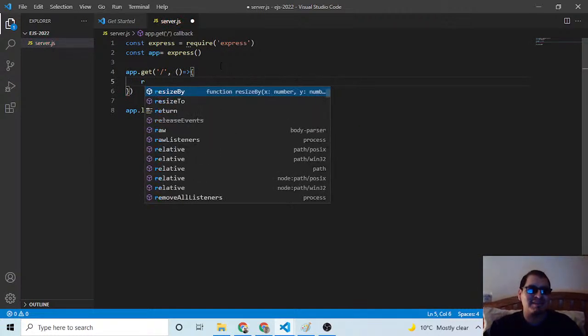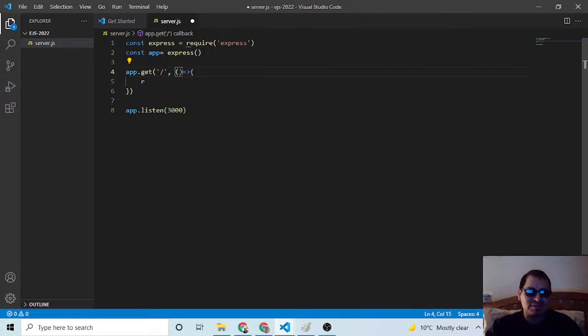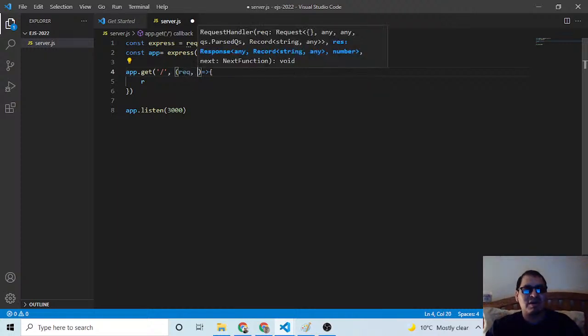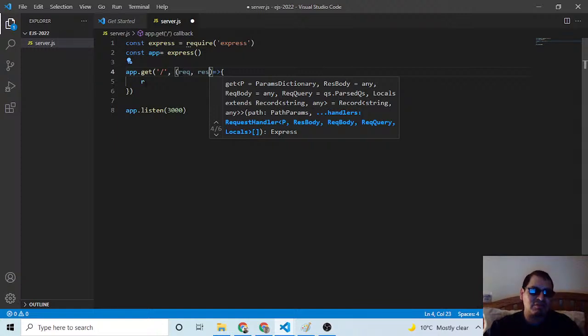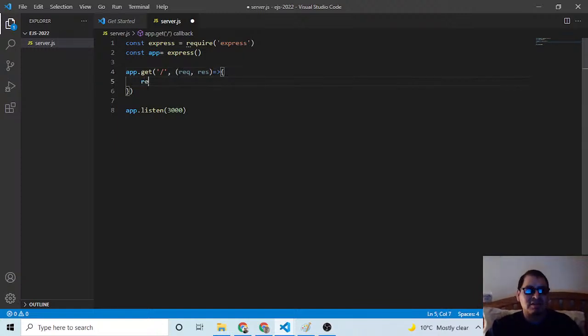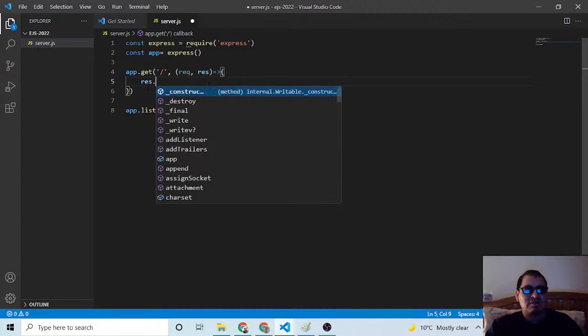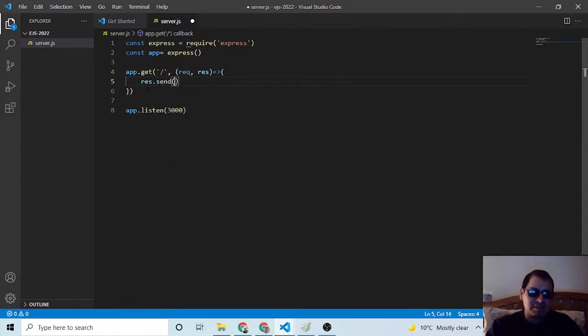I know what I'm missing over here. This is void. It should be like request object and response object. To that request and response, I can use the response dot send. I can send the hello world. Okay, so we know that.